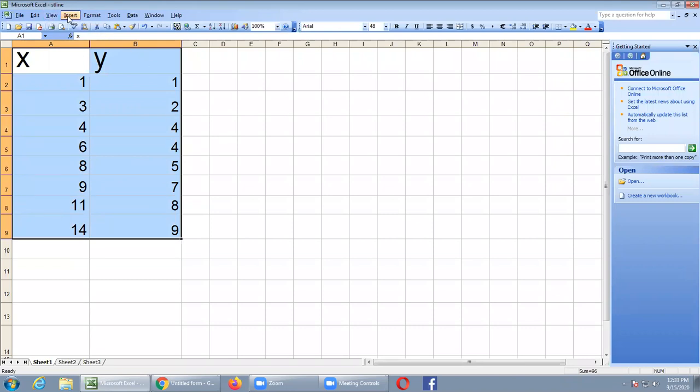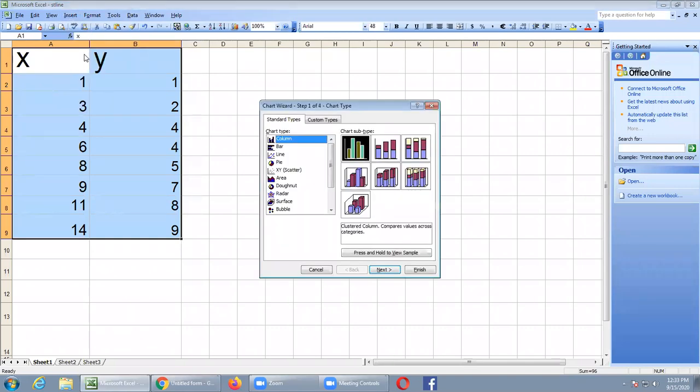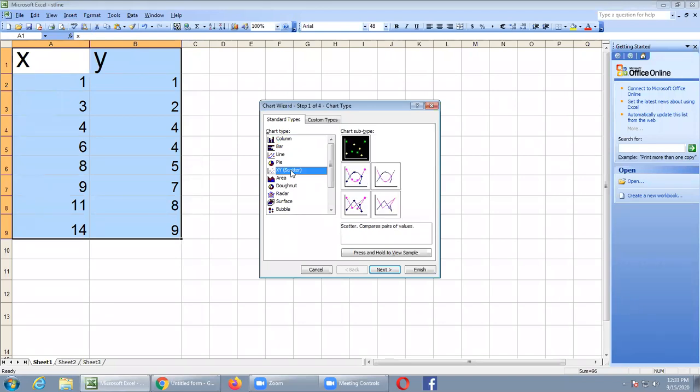And then go to insert option. Go to insert. In that select chart. Go to insert and select chart. And XY scatter as chart type.